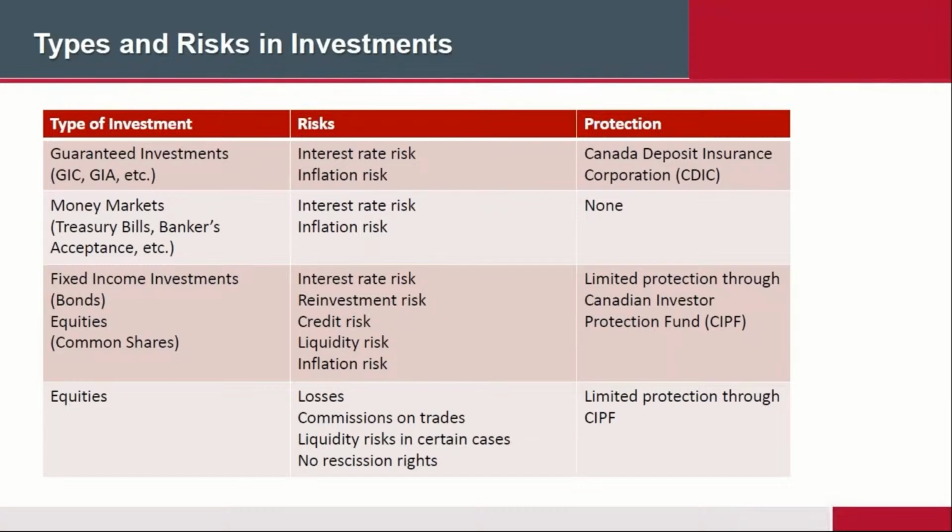So you can see that regardless of the investments, there is some degree of risk. You really can't get away from that kind of thing, okay? And so the issue really is, how much risk are you prepared to take? If you are not prepared to take any risk, then you better stick with GICs or GIAs or whatever. But you're not going to earn very much. If, on the other hand, you're prepared to take some risk, you may want to go the other way and buy equities, like the stock market and everything else. But that is, of course, a much more volatile type of thing. So you've got to be careful. In other words, don't spend your mortgage money on equities. Basically, be very careful with that, or your grocery money, stuff like that.